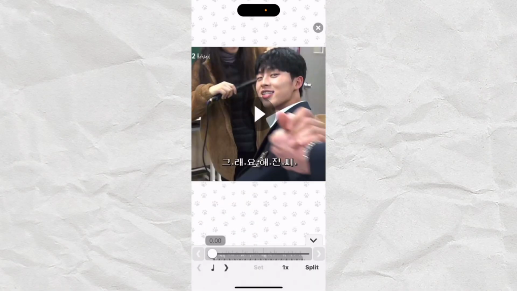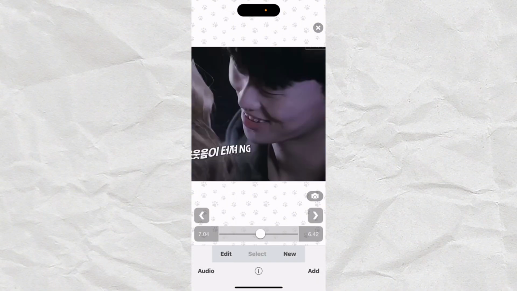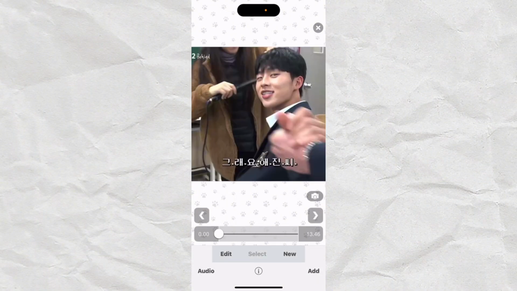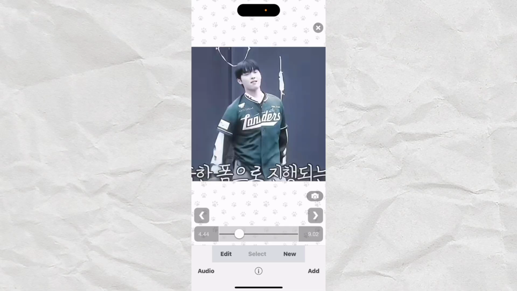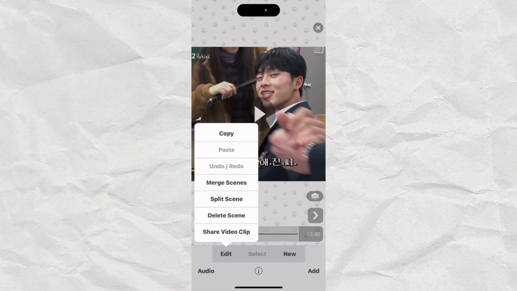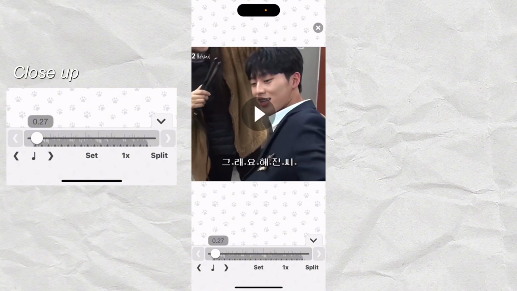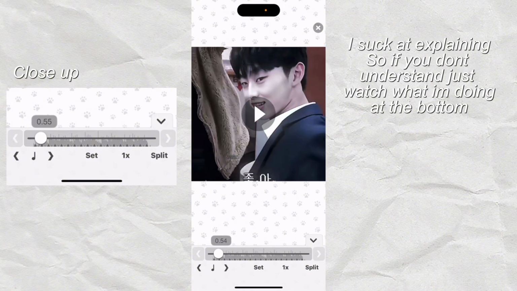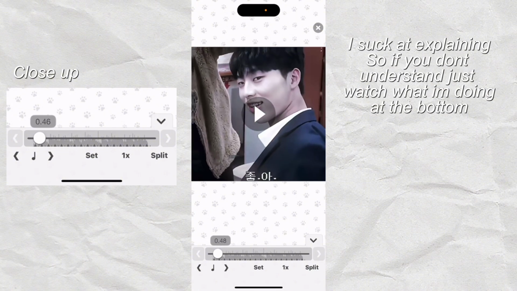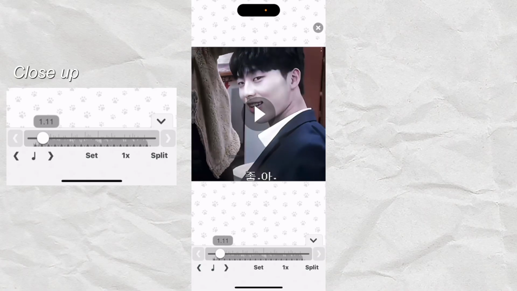So I'm gonna show how to make the edit. You probably already know this, but if you don't, you import the audio. So I imported the video. I'm gonna show it on the exact edit so that I can show the exact effects, and you're just gonna split it every time the clip changes. But for this first part, you're not gonna split it right there,